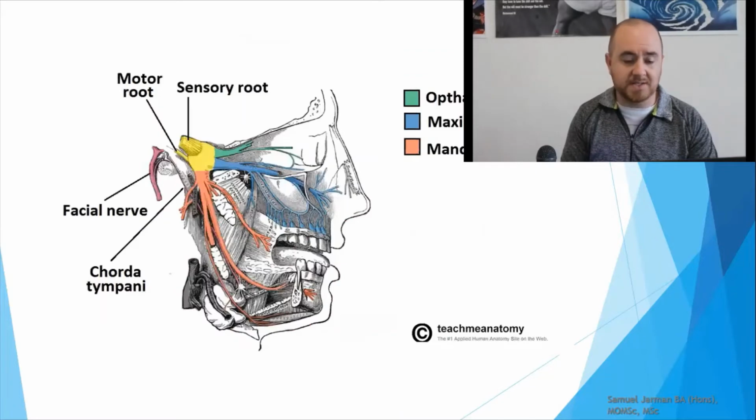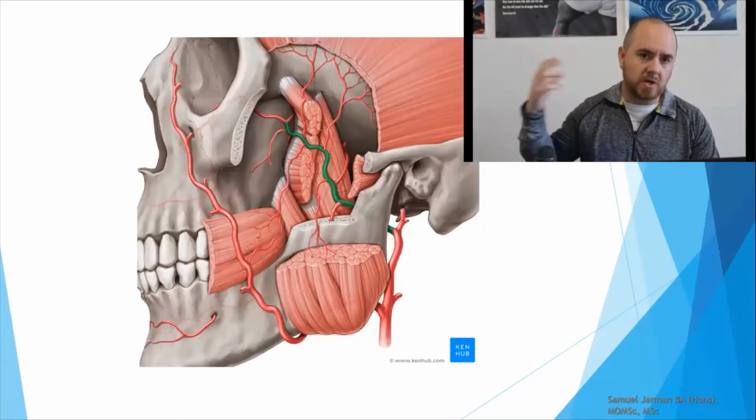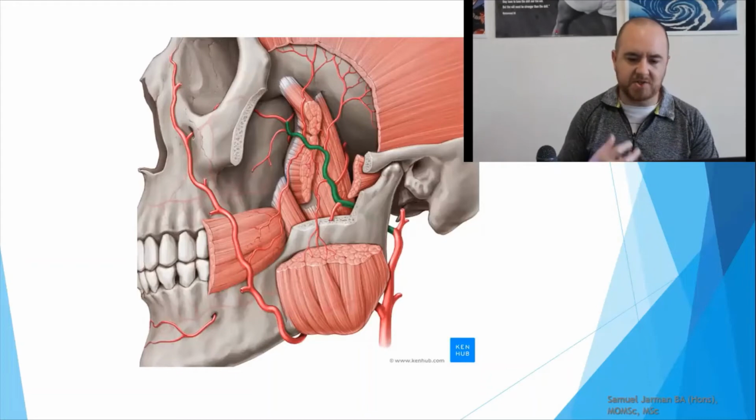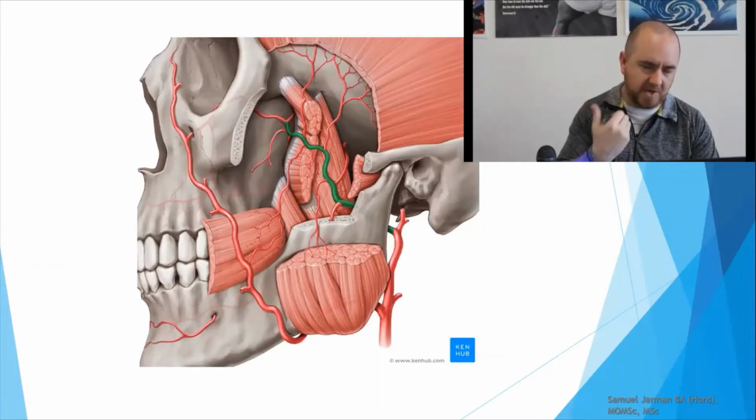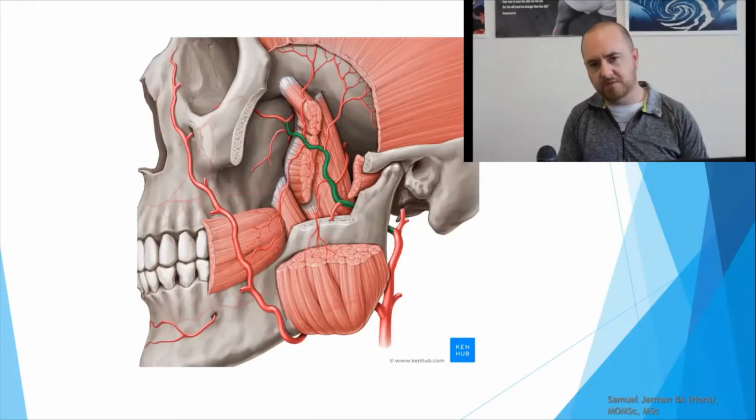As far as the drainage is concerned, the drainage is going to be, again, quite similar to the muscles of facial expression. So in this case, you're probably going to be getting it off of the maxillary vein, or it may be named slightly different, but you're going to get blood going to the external jugular vein there. So again, same areas, although this is obviously a picture of the arterial side.